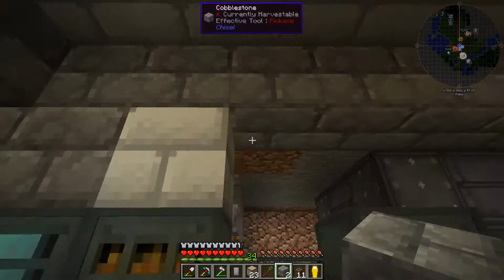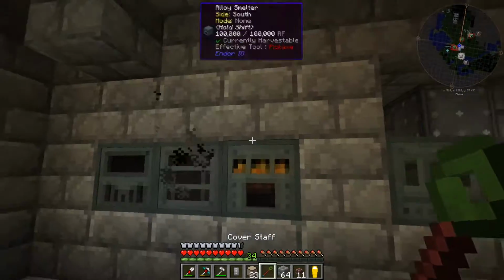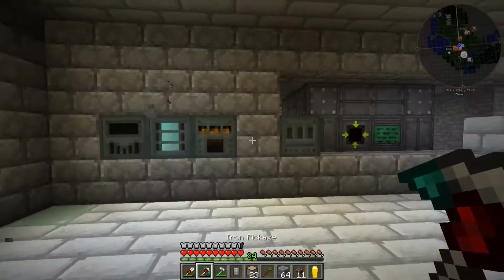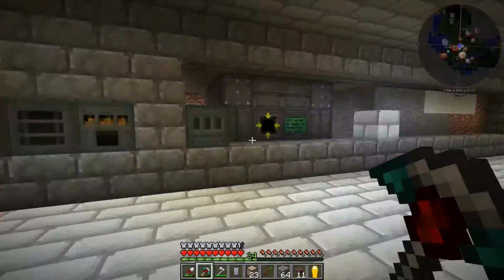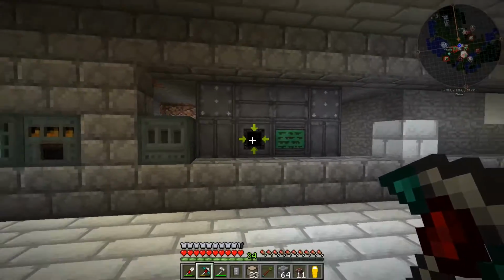Let's not do that. And like that. And let's do you that. That actually looks a lot better. And then the marble that was already there. Yep. All sorted. Right, what I'm going to do now is we're going to make the cyanide reprocessor and